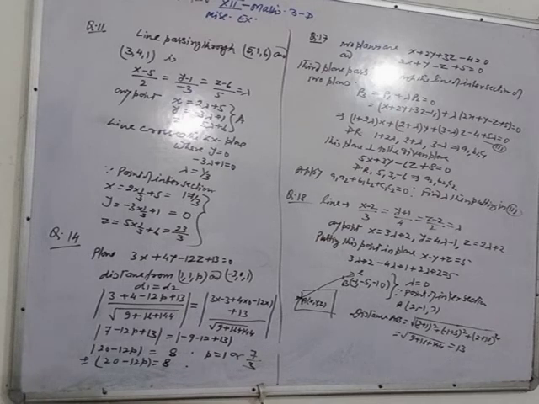So if a line intersects a plane, what to do? Again, listen: determine any point from the line and put it in the equation of the plane, and you will get the point of intersection where the plane intersects the given line. So from the point of intersection A, you have to find the distance to point B. B is given here as (minus 1, minus 5, minus 10). So the distance from A to B means the AB distance. Apply the distance formula and find the distance between the two points.